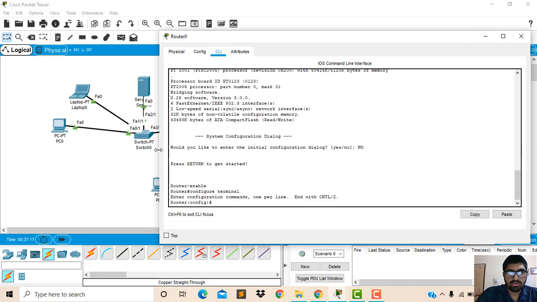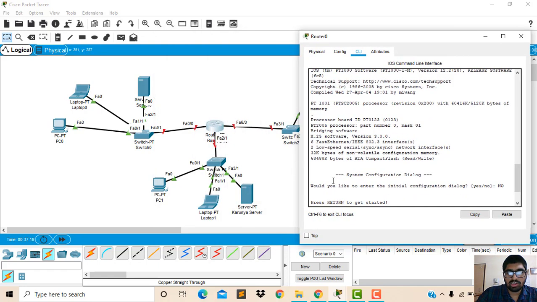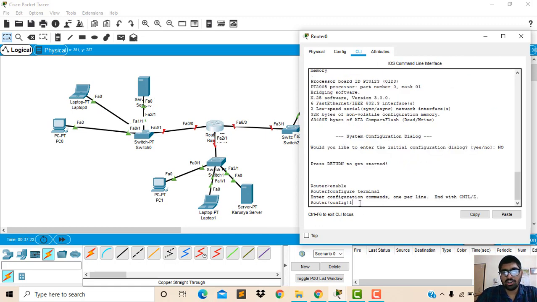We have given the default gateway as 10.1 for the first one, and we have to select the interface which is nearer to the router. For the first local area network, the first one is near FA 0/0. We have to enter int FA 0/0.